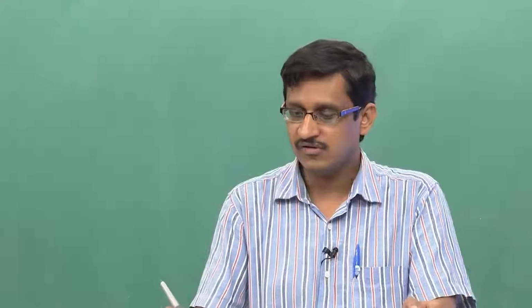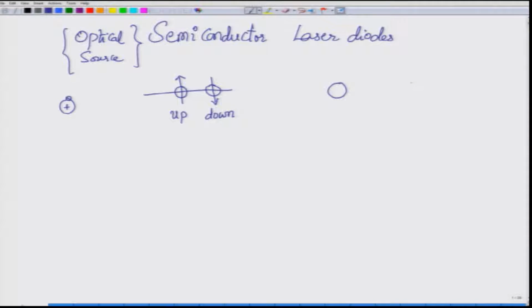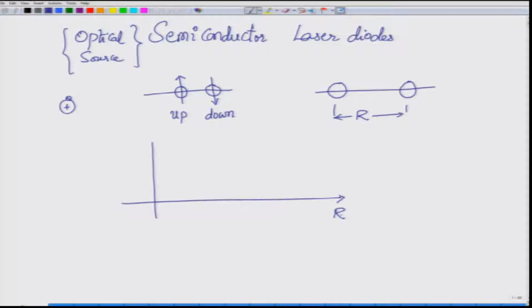Rather, what happens is, if you bring one atom close to another atom, the separation between these two atoms is called the interatomic spacing, and it is denoted by various letters. So, let us choose R as a letter to denote interatomic spacing. Now, if you look at the total energy of the system as a function of this interatomic spacing, you see